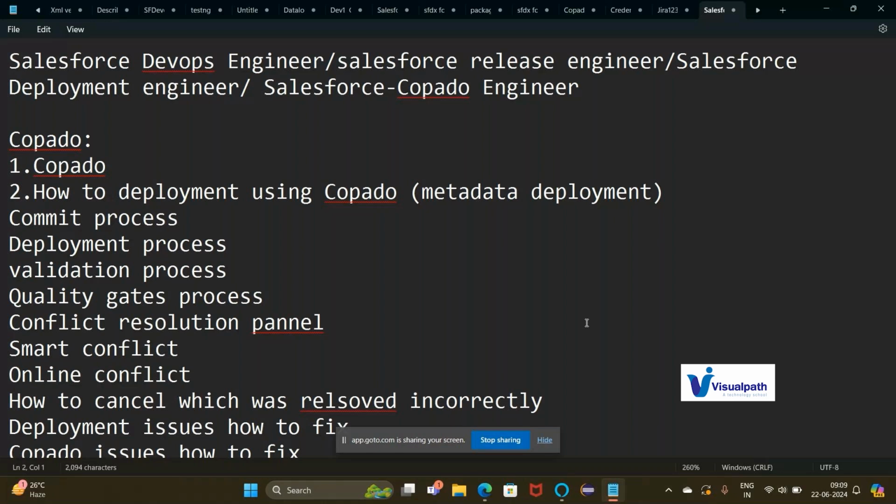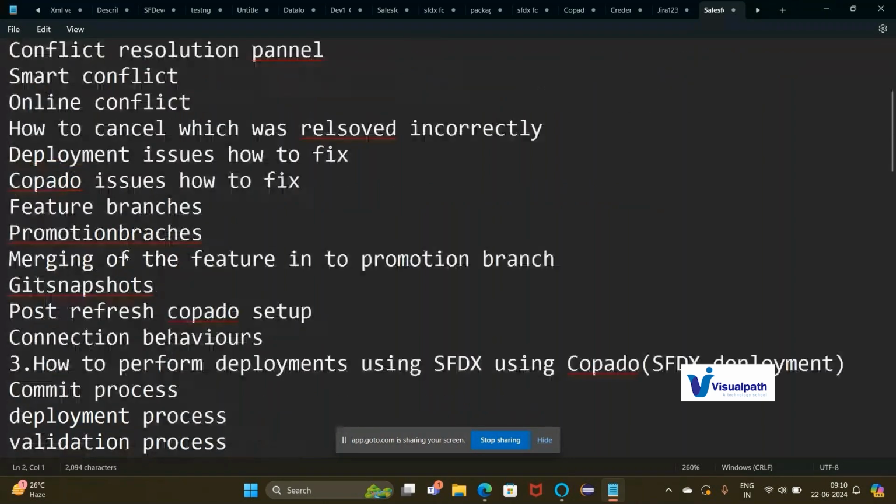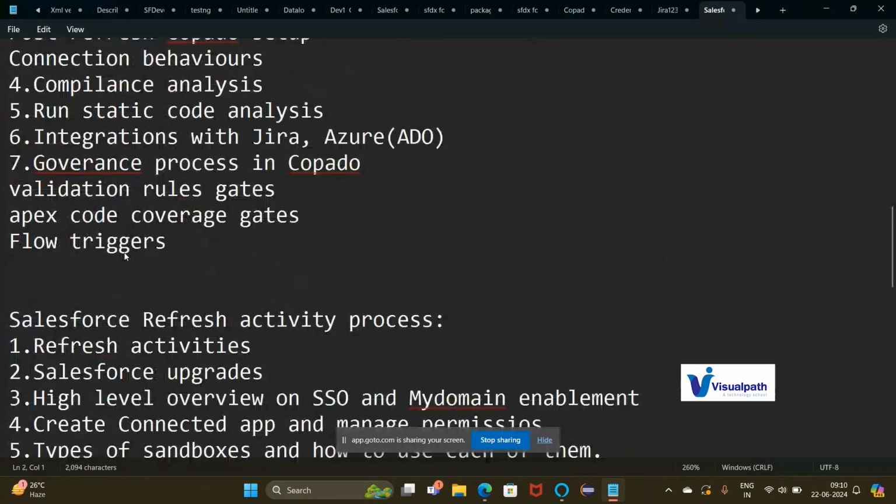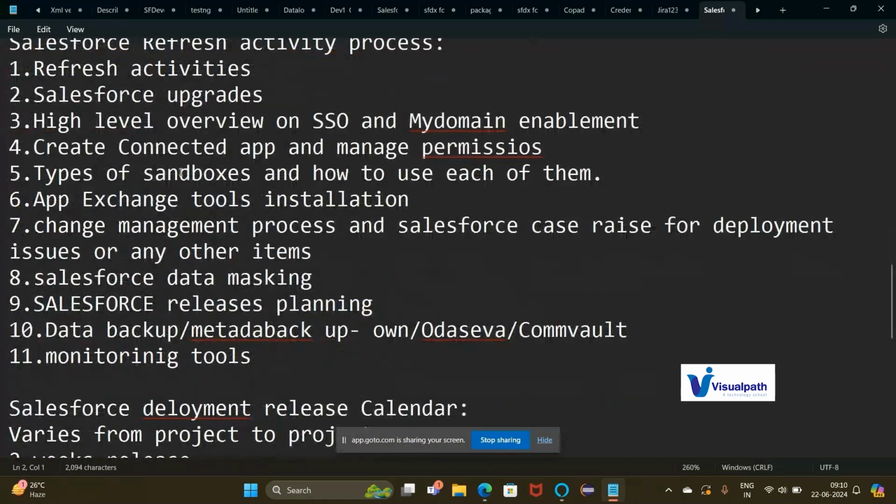With respect to the Copado tool, how to install a package, and then how to create a pipeline, and from beginning to end, when I say beginning to end, creating a pipeline, and then connecting the branches, post connecting the branches, and then doing the required setup. So everything we are going to discuss on the Copado front. And coming to the refresh activity process,